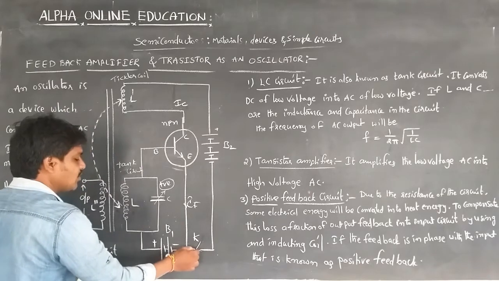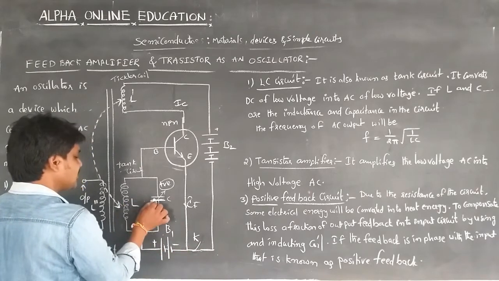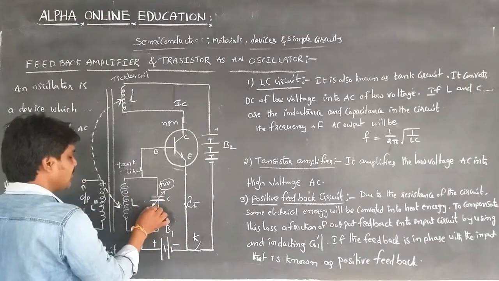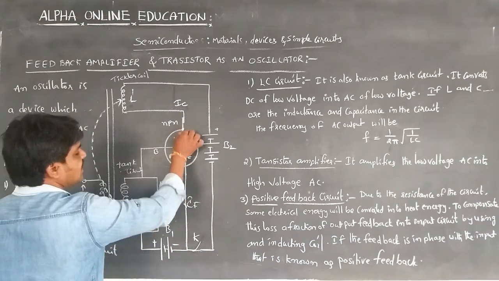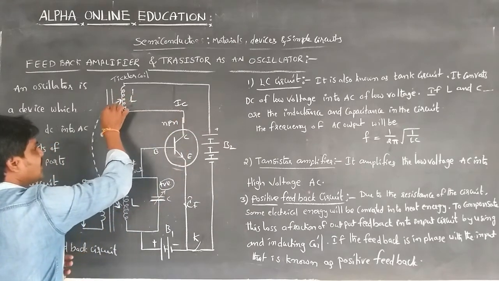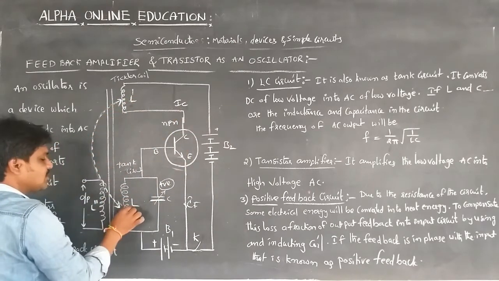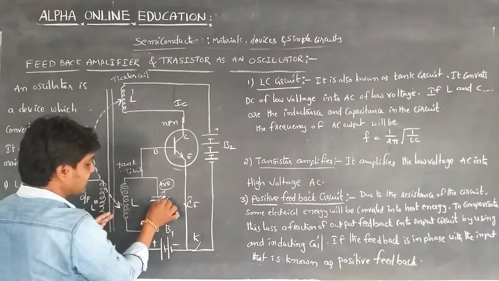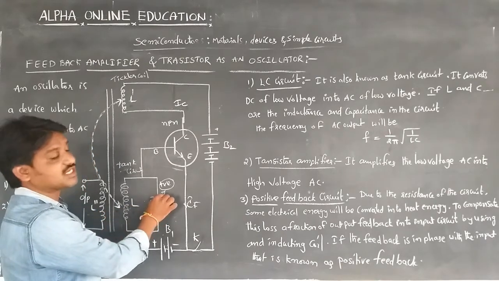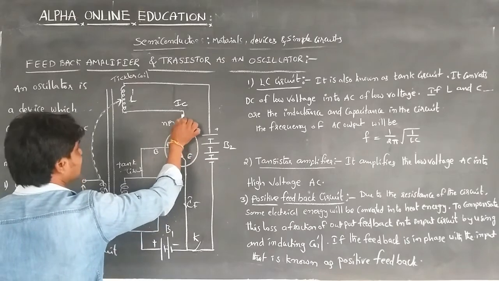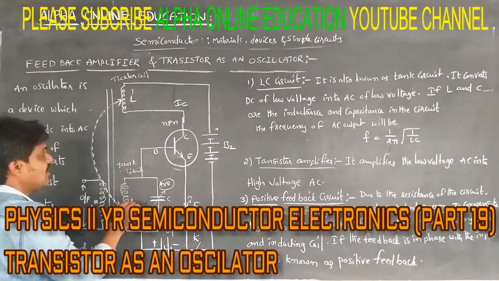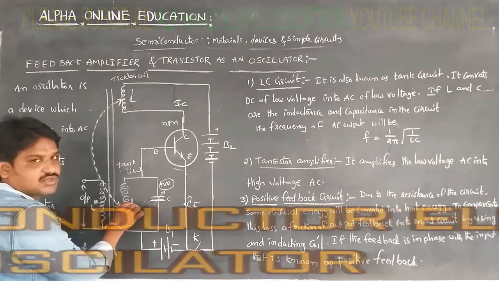As the process goes on, the transistor is alternately forward biased and reverse biased. When forward biased, the collector current and emitter current increase in the circuit, and due to the mutual induction the upper plate is charged positively. It becomes maximum positive whenever the collector current increases, due to the mutual induction and the EMF induced in L.